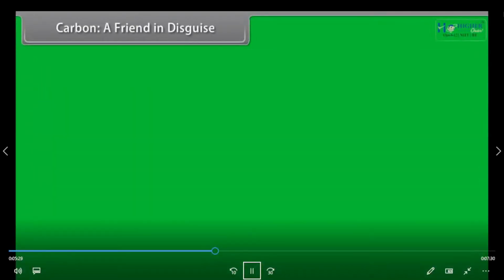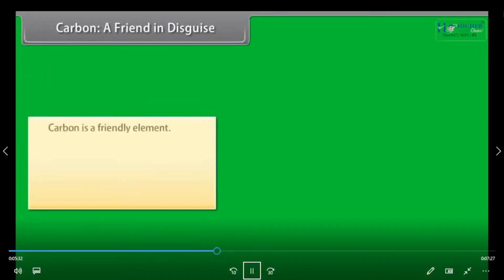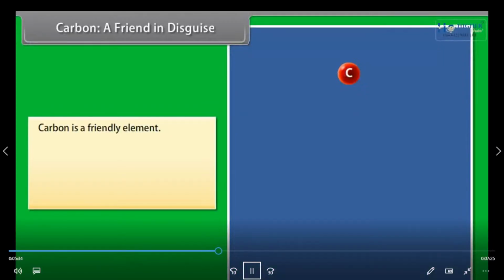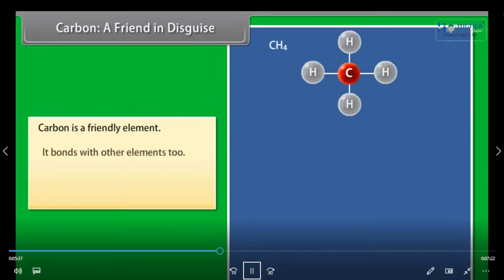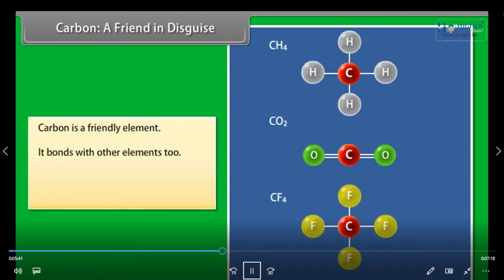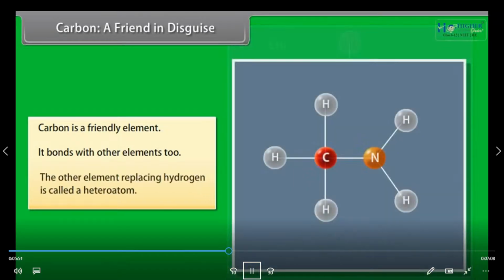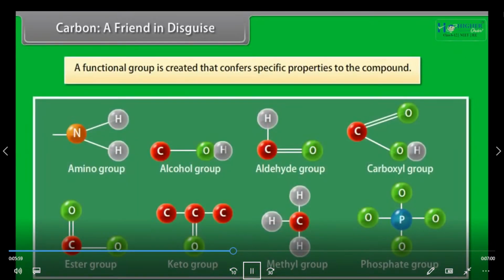Carbon, a friend in disguise. Carbon is a friendly element. It not only bonds with hydrogen, but also with other elements such as halogens, oxygen, nitrogen, and sulfur. The compounds are formed in the same manner as with hydrogen. However, instead of hydrogen, the other element is used, and this element replacing hydrogen is called a heteroatom. A functional group is created that confers specific properties to the compound without considering the length and nature of the